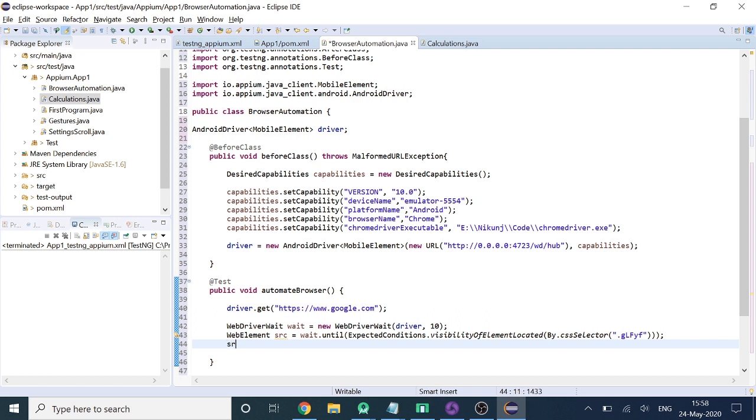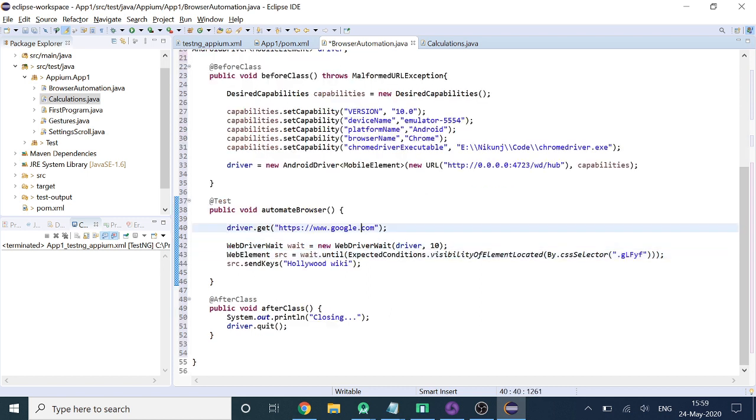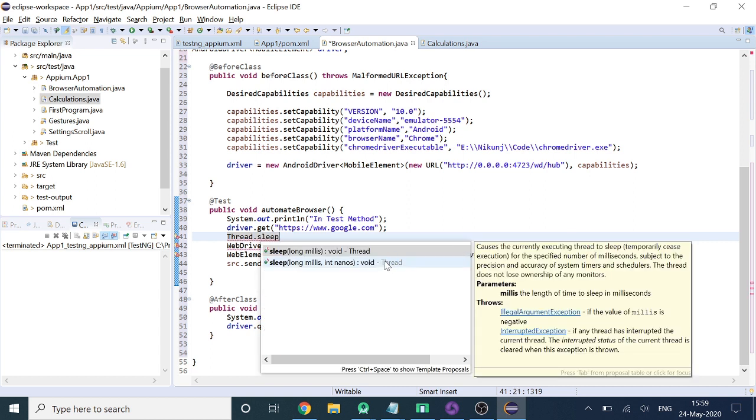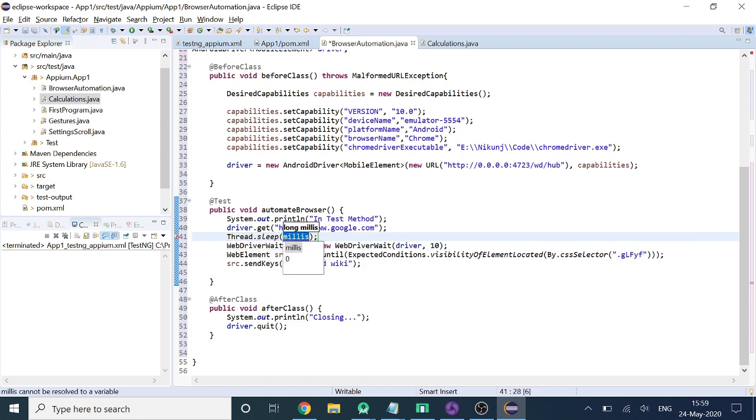Now we'll perform src.sendKeys. We'll give it a string, let's say Hollywood wiki. Now we'll add a few waits and some print statements. Let's give a 2 second wait.